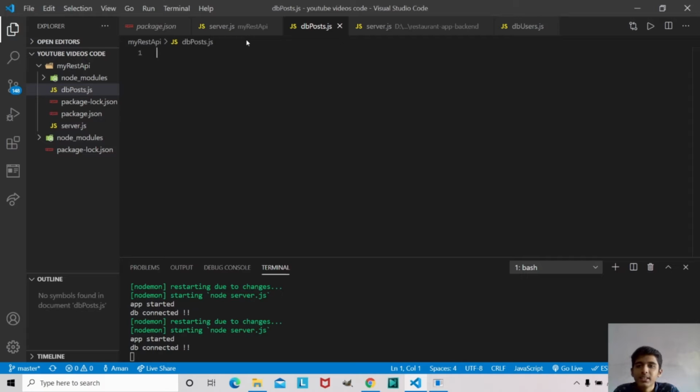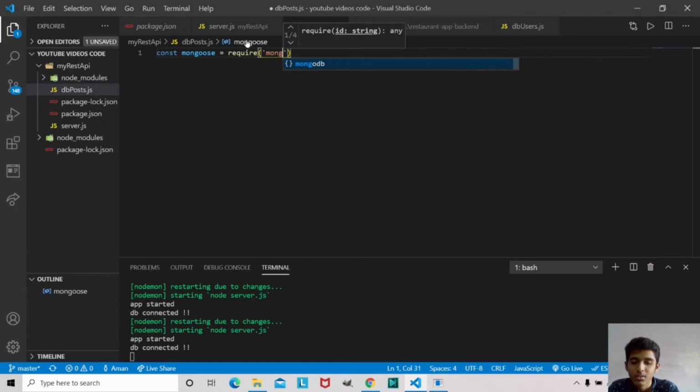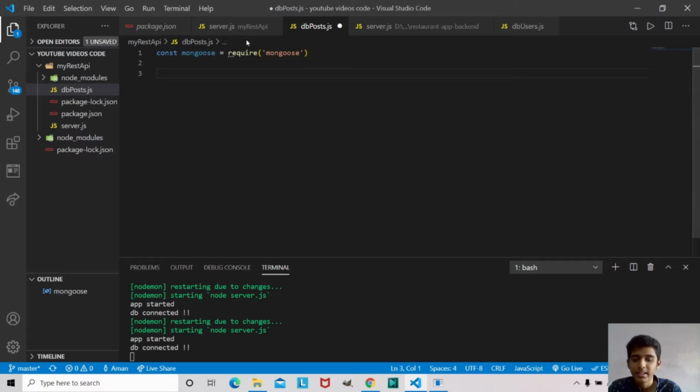So guys, at this point we're going to import mongoose: const mongoose is going to be equal to require mongoose. And here we're going to say const, and give a name to our schema. We're going to call it postSchema, and we're going to say new